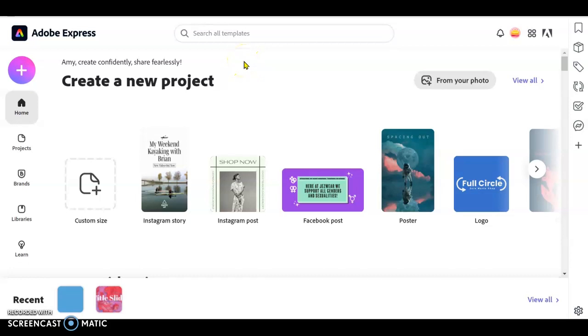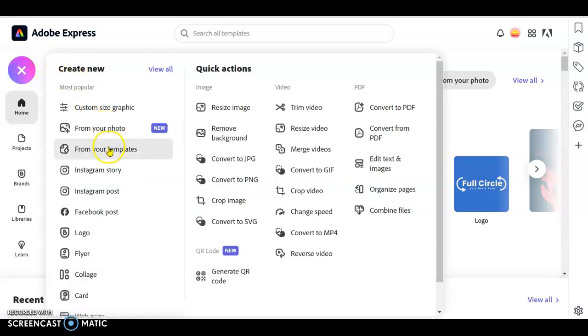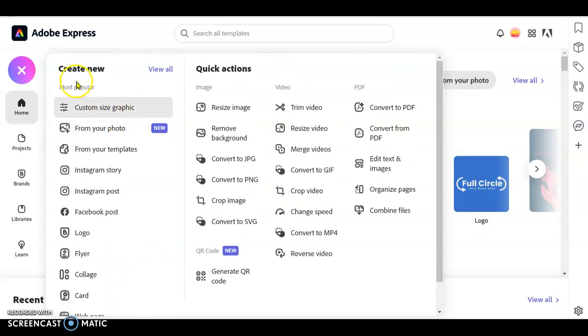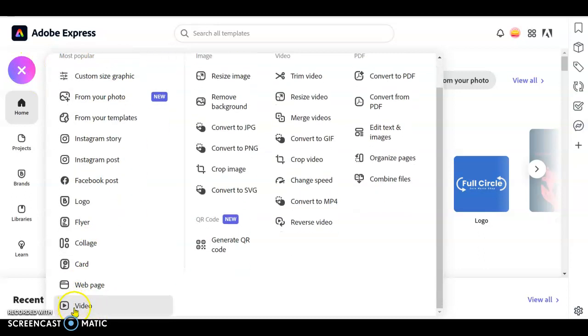All right, here's a really quick tutorial on Adobe Express. Once you've downloaded it to your computer and you have it saved and you launch it, you're going to click on the plus button to start a new project. So we're going to click plus. We're going to go down to video. So once you click plus, go down to video,